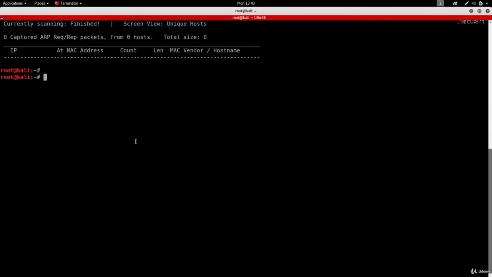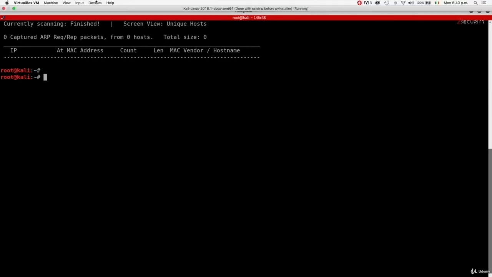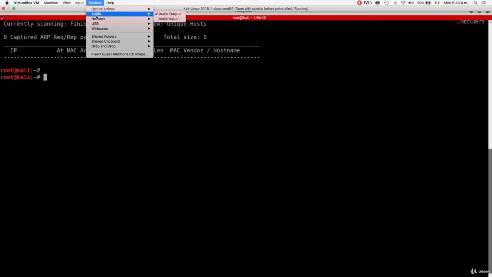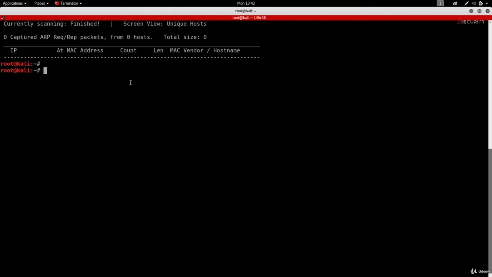In order for this to work, you actually have to disable the NAT network. So to disable the NAT network, we're going to go on devices, we're going to go on network, and we're going to uncheck the connect network adapter. So now once done with this, if we just run the exact same command again,